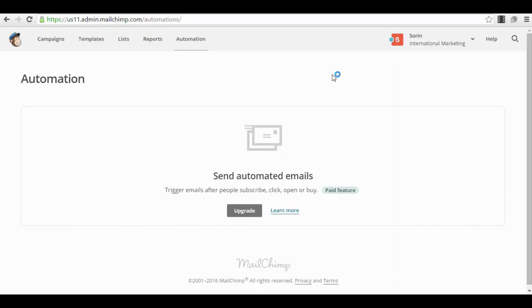What this automation feature allows you to do, and in other email services it's called autoresponders, is create automatic emails that are sent at a certain interval of time or at certain moments, at certain triggers.